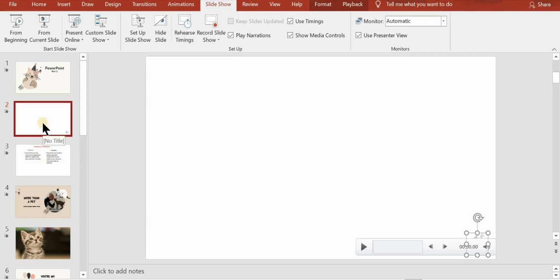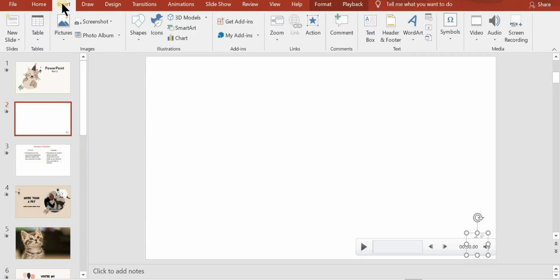When you click on that, or you can also set it to play automatically, the audio will play. In the same way, we can insert video to the presentation.